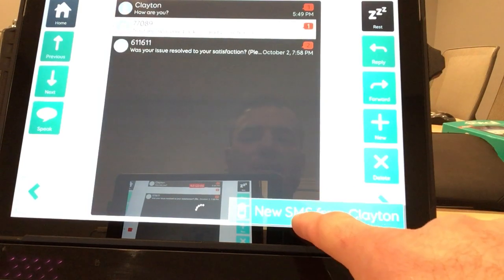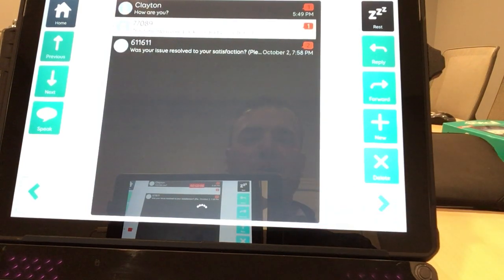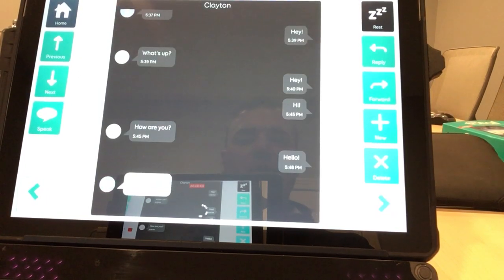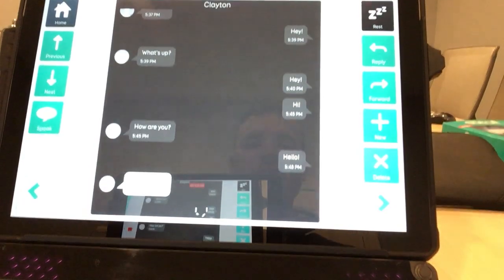Okay, I just got a new SMS notification from Clayton, so it took a little while. And if I want to see it, I can scroll up and then hit open and see my conversation list again. So you can imagine how nice that is to be able to send and receive text messages and communicate via text using your WinSlate, alternate access methods, in this case eye tracking, but other access methods as well, like scan switches or head mouse.